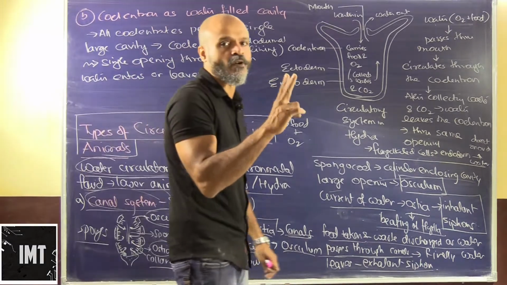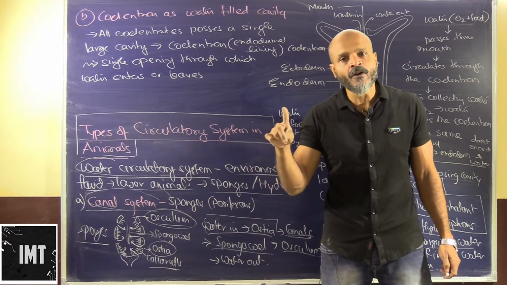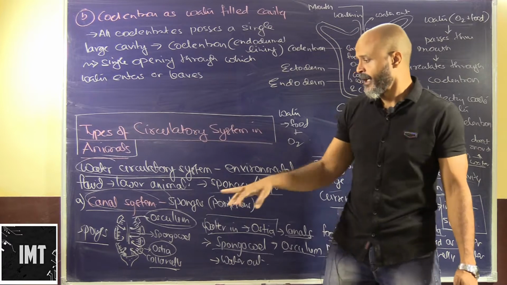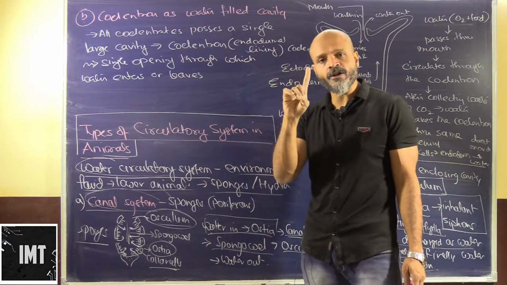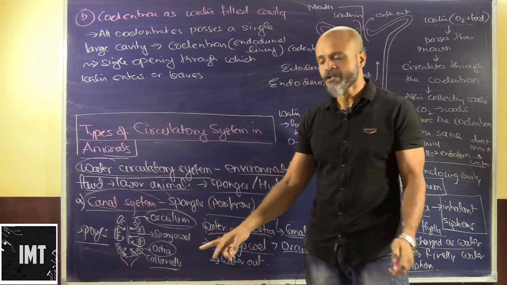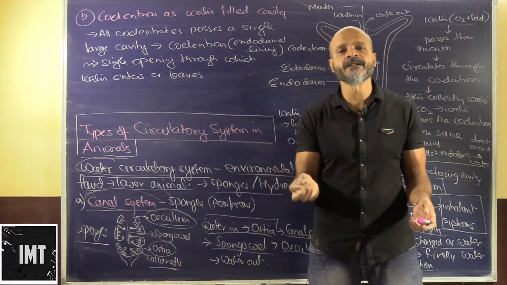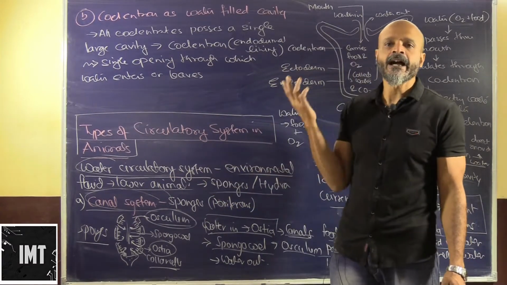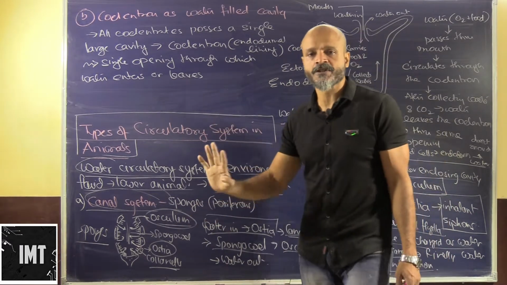So in case of sponges and hydra, there is a difference. In case of sponges, there are ostial openings, and the water finally leaves through the osculum. Again, flagellated movement encourages the water to go up. There is one opening known as the osculum, and there are miniature pores which are known as ostia. The water enters through the ostia. It brings along with it the oxygen, food and nutrients, and it goes up, facilitated upwards, and finally leaves through the osculum.